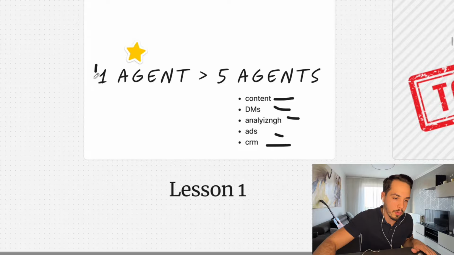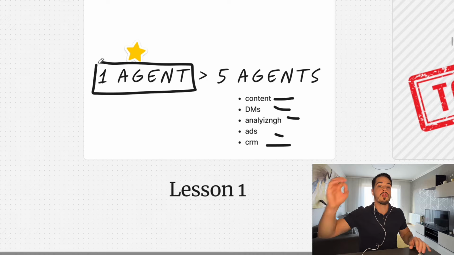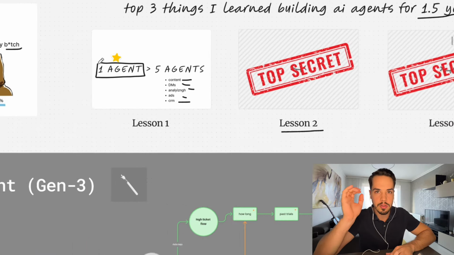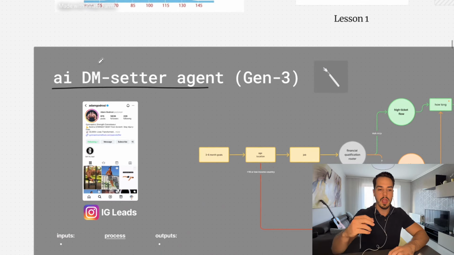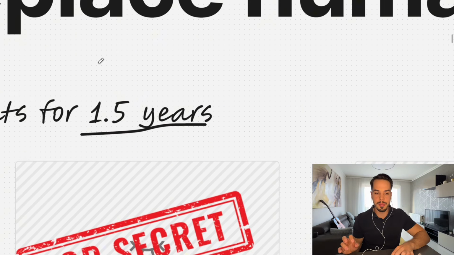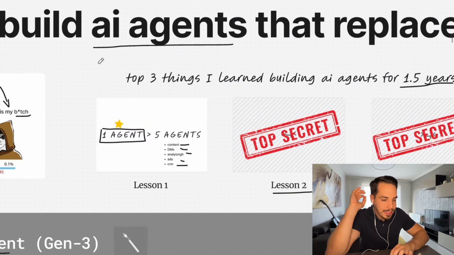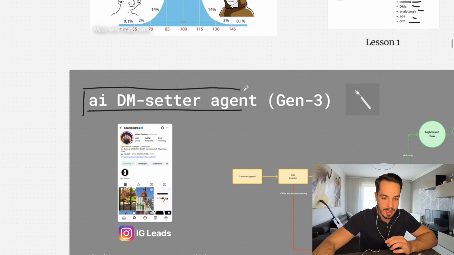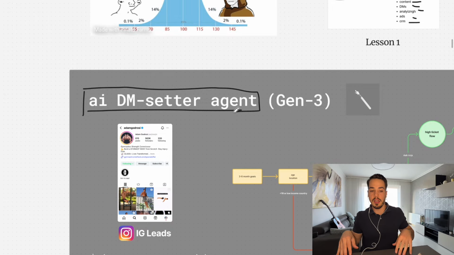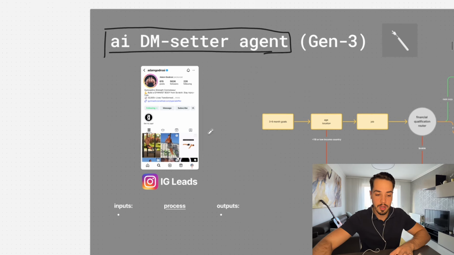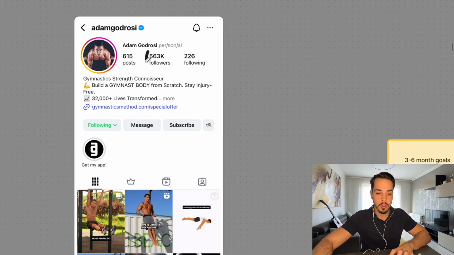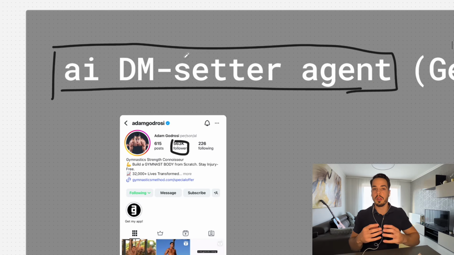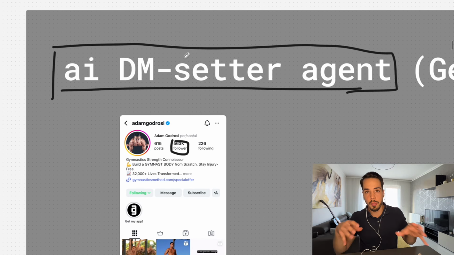Instead of this, what you want to focus on is having one agent that is really, really good, and it's actually replacing the work that you're supposed to do manually. In this year and a half that I've been building AI agents, I've literally only been building AI appointment setter agents, meaning little chatbots that you can connect to your Instagram leads and talk to your huge following that will book you sales calls or sell you a product in the DMs.